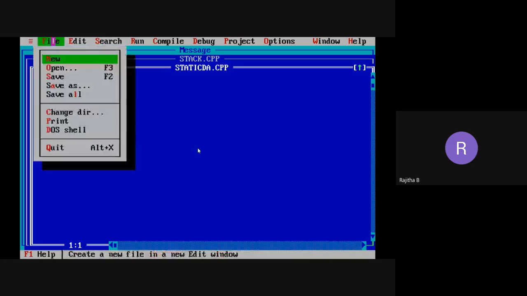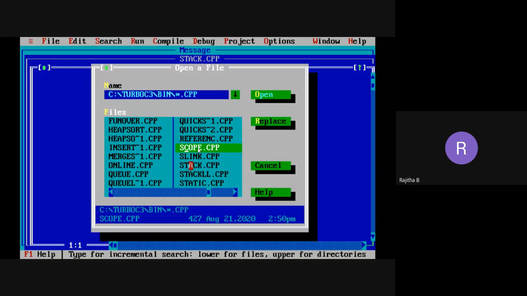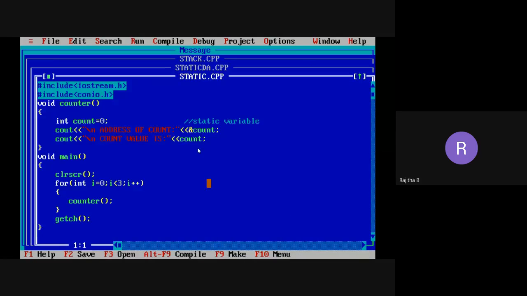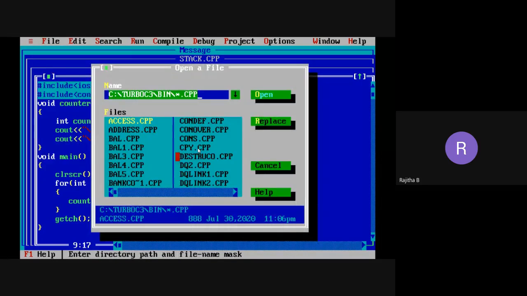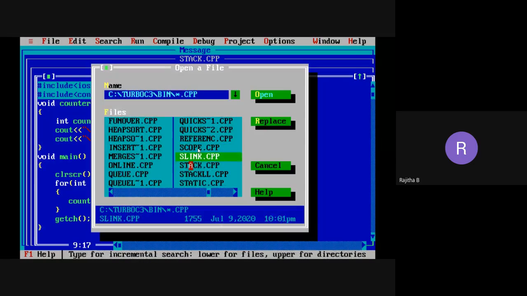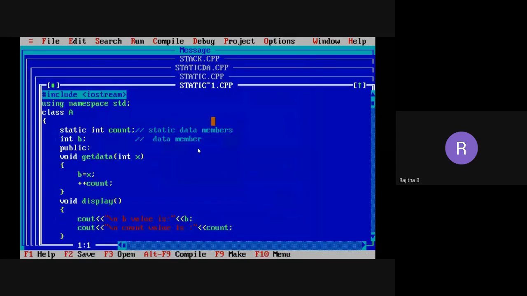Where is my static data? This is one more. Yeah, now you can see this one.